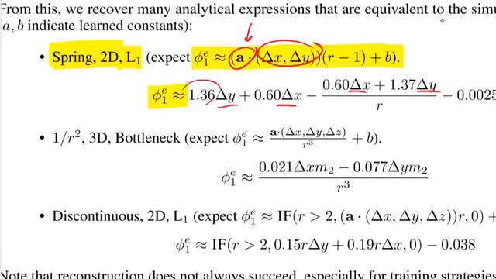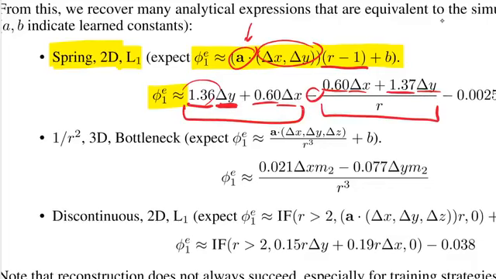What you can also see, for example here, the delta y is 1.36 and 1.37. That's the same number, and here it's 0.6, 0.6. But here you see, for example, r minus 1, and here it's something like this minus something divided by r. Doesn't seem the same, but again, due to the